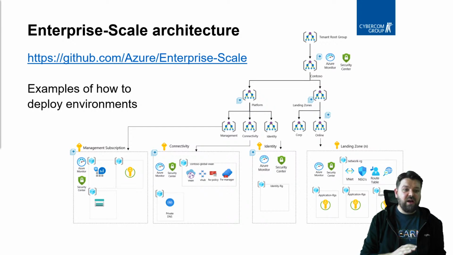For example, if you have a connectivity subscription, how to set up virtual WAN or hub and spoke environments in those. If you have an identity subscription, how to add monitoring and Azure Security Center in those. If you have a basic management or just a normal production landing zone subscription, what you can set up in those. And these are very, very good examples of what's available there.